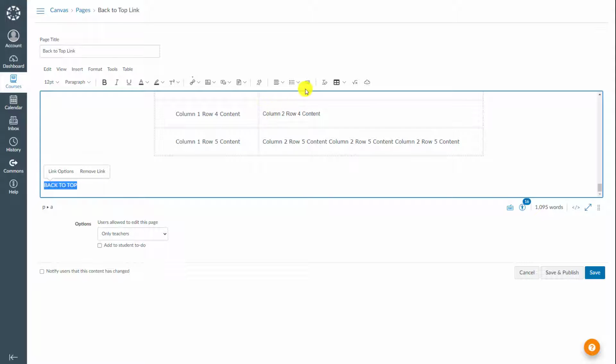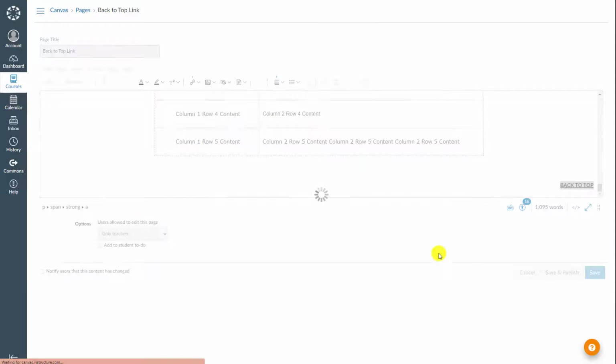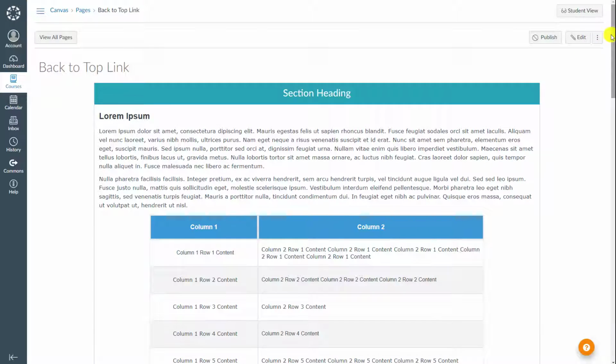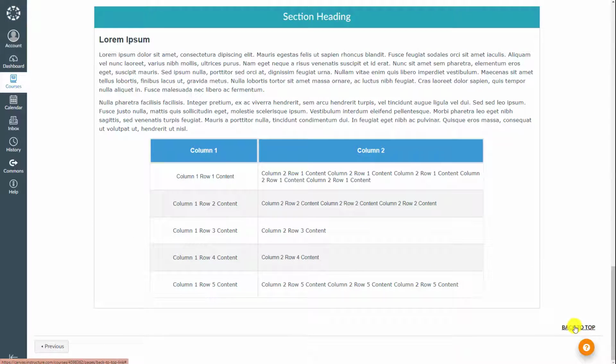I highlighted my text and found the right align button here. It's at the right. I'm going to make it bold. I'm going to change the color or make it more black, and I will hit save. And let's see how it looks now. Alright, it's at the right lower corner.